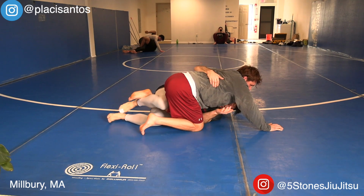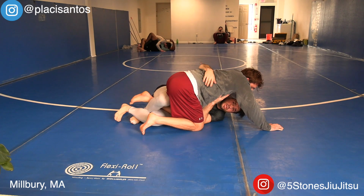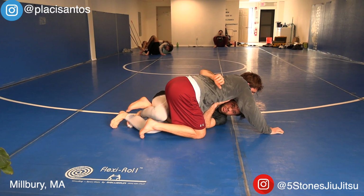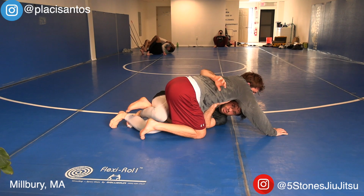Now, there are a couple of different ways of generating tension in a lower leg shift. One of them is to physically cross your legs and hip into your opponent. While that is a great way of generating tension in the lower leg shift, and I do like it, and I teach it, and I don't discourage students from using it, the one disadvantage it has over the method that